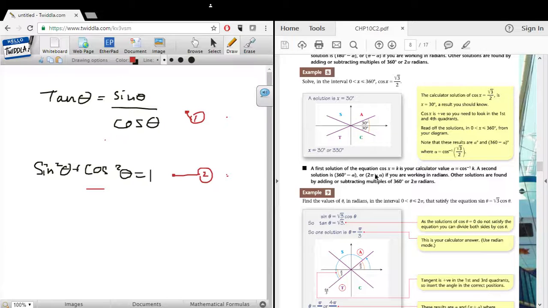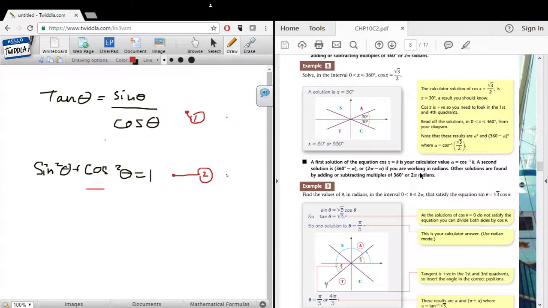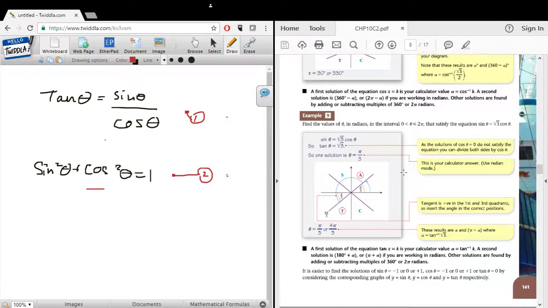And again it says here the first solution of the equation cos x equals k is your calculator value, okay, of such. A second solution is 360 degrees minus alpha, or 2 pi minus alpha if you're working in radians. And then other solutions can be found by adding or subtracting multiples of 360 or 2 pi radians. And then for sine,